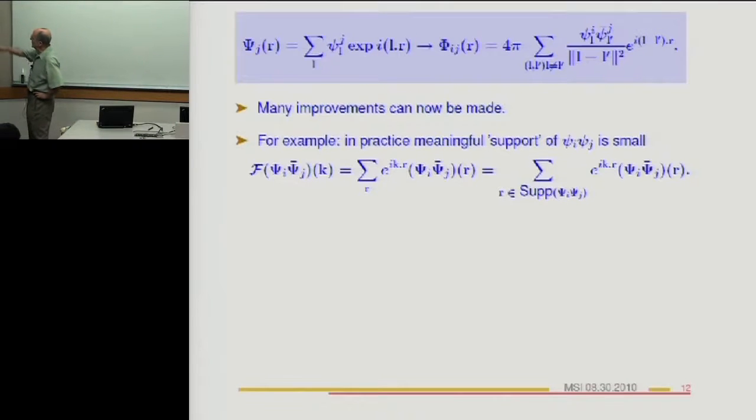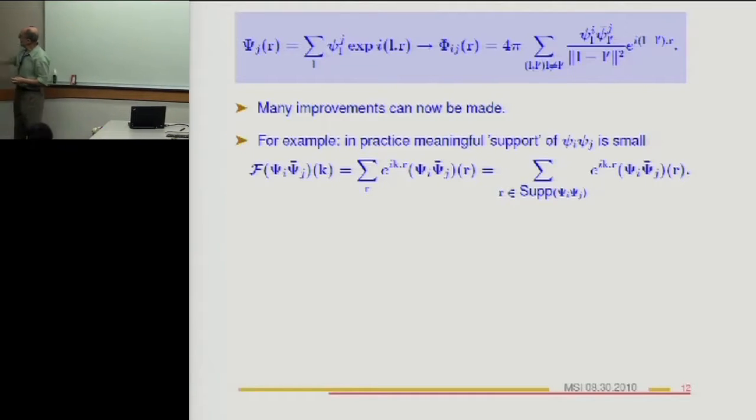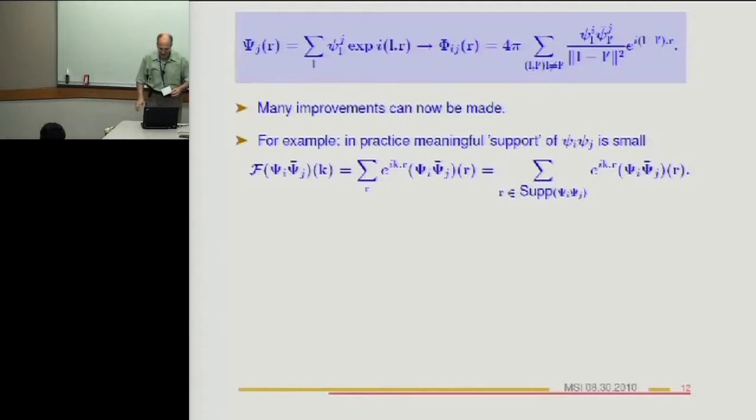One thing you could do, for example, is exploit a decay property. There's also a very nice thing discovered by one of the postdocs here. When we look at the solutions, the product of psi i and psi j is almost zero everywhere, it's only when we have peaks. So there is a support of this function where we don't have to do anything. And that leads to some nice speed up there.